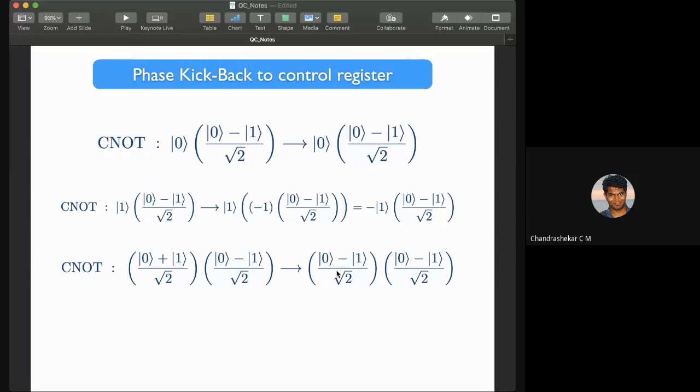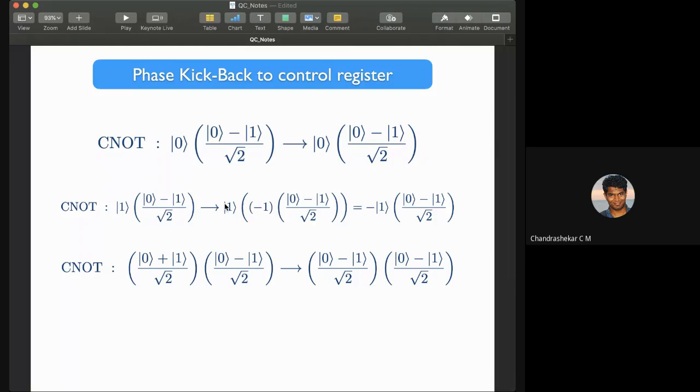Now, if I do a control NOT gate operation on this, which means that 2 and 2 terms are going to give me totally 4 terms. And if you do a control NOT gate, then you're going to get an output of the controlled register in this form. So you will have a minus sign which has come back to you. So again here, without making any measurement on your register,